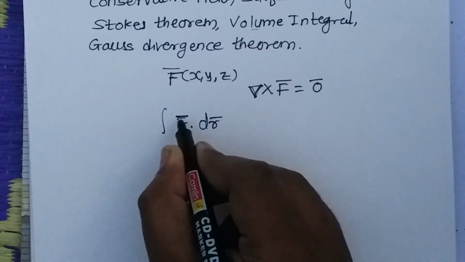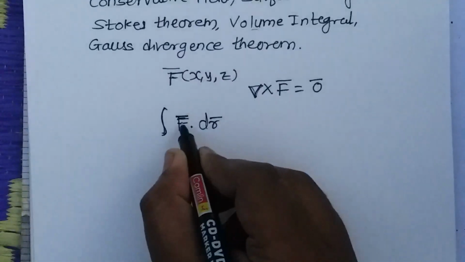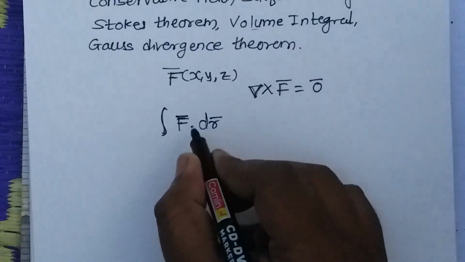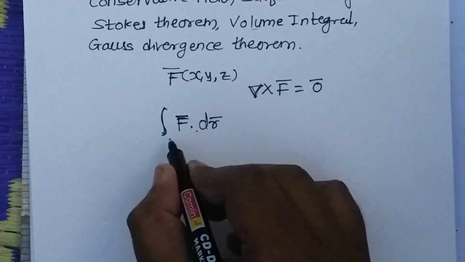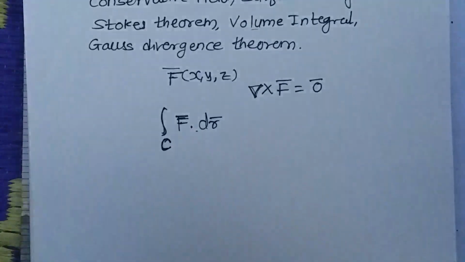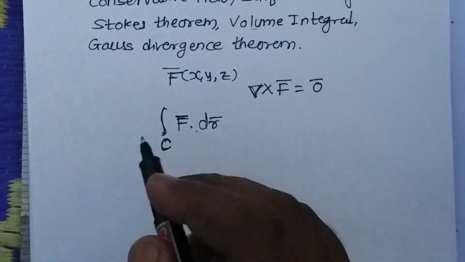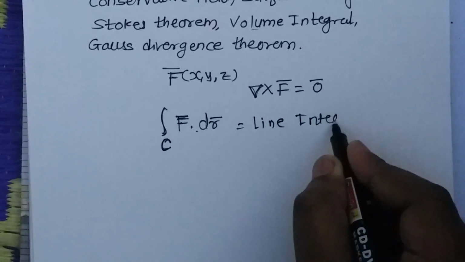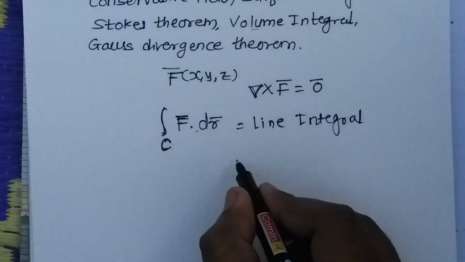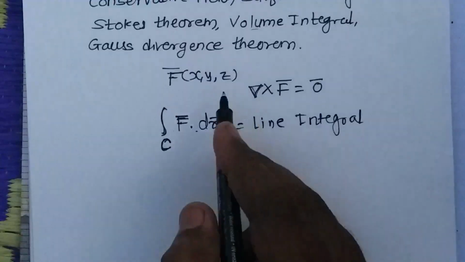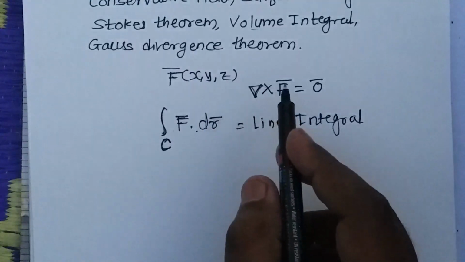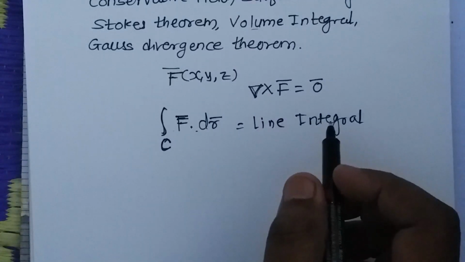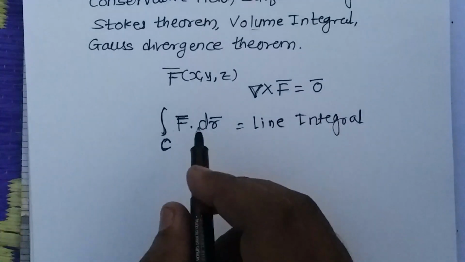here in vectors is defined as the integral of f bar dot dr bar. Now f bar is a vector function, dr bar is also a vector quantity. The dot product, when we calculate it over some curve C, is called a line integral in this unit. Okay, now the value of f bar we know: f bar of x y z is equal to f1 of x y z into i cap plus f2 of x y z into j cap plus f3 of x y z into k cap. Such types of functions will be there.